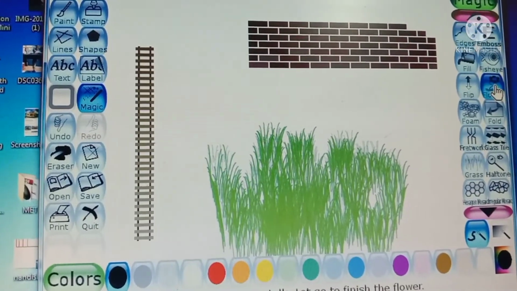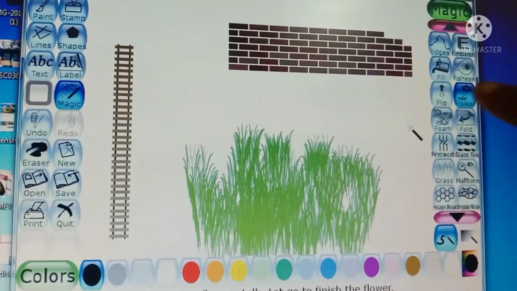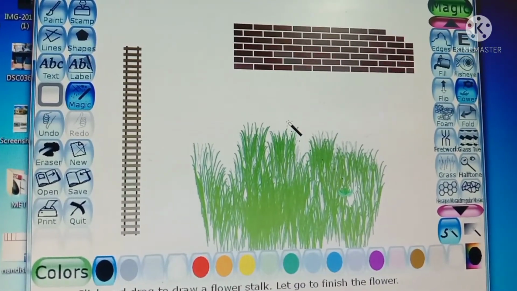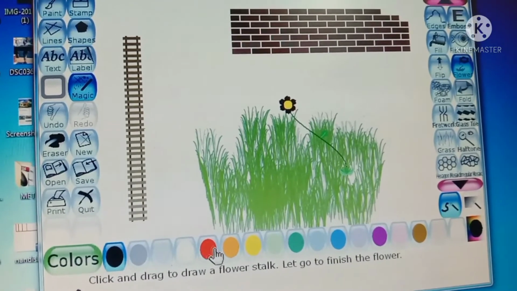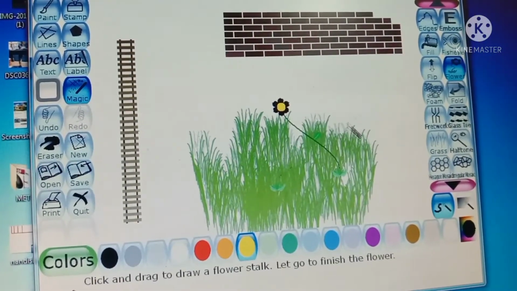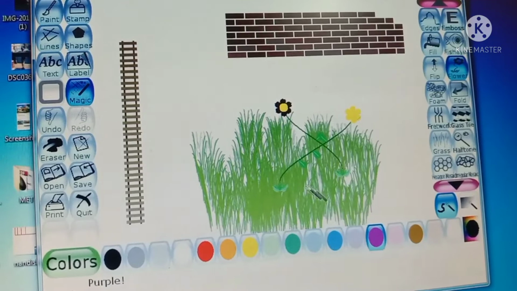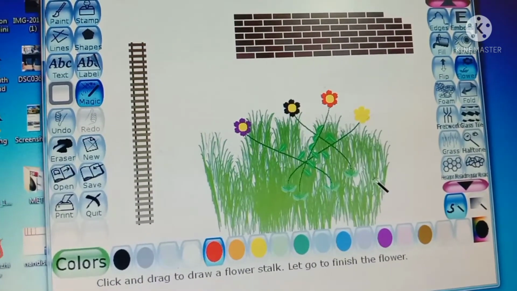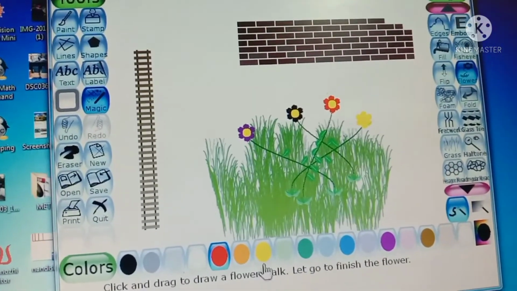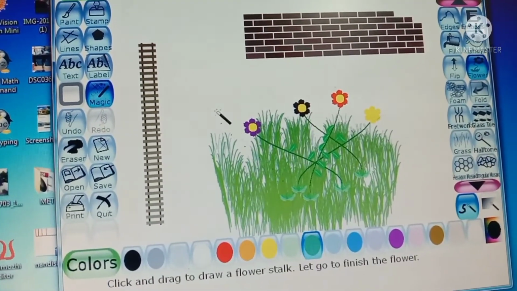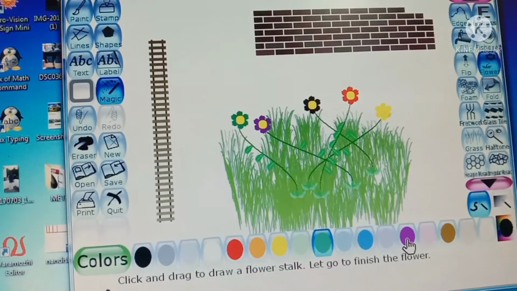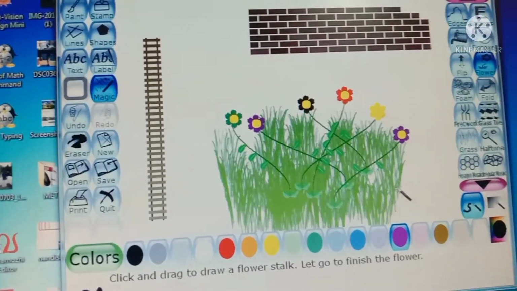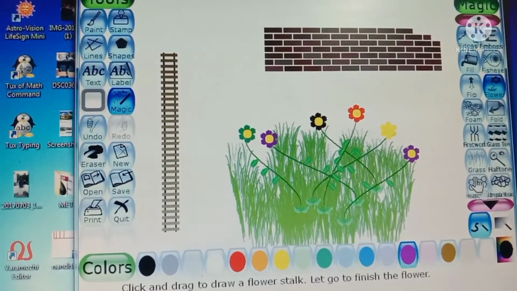Yeah, flower. We click the flower option and then we can draw like that. Can you see? We can choose colors from there. We can choose different colors. Red. So simply we can use different colors. Sometimes green color. Sorry, there won't be a green color flower, ma'am. Okay, so this is the flower tool.